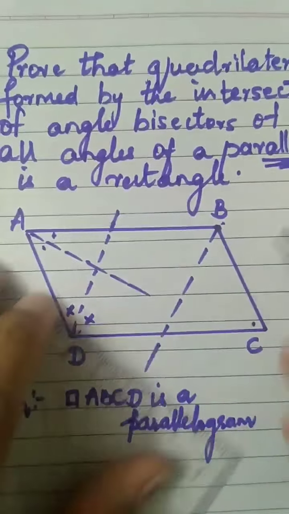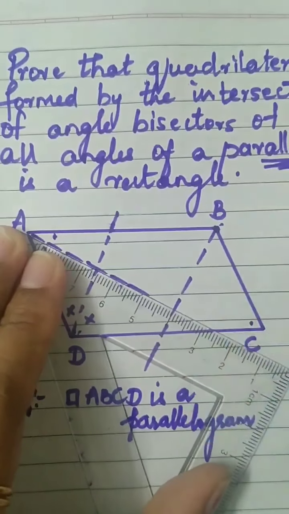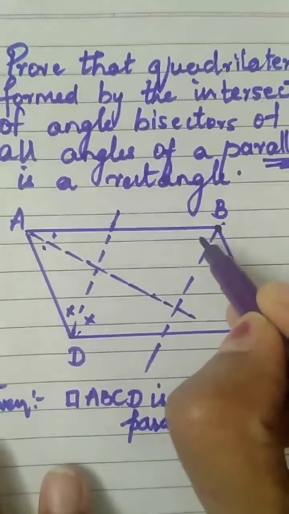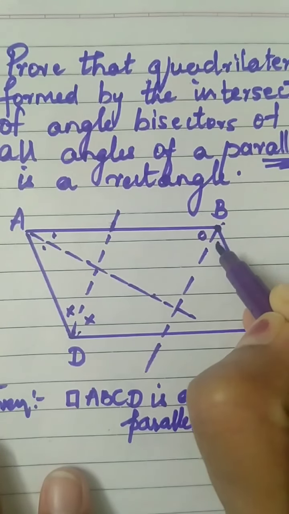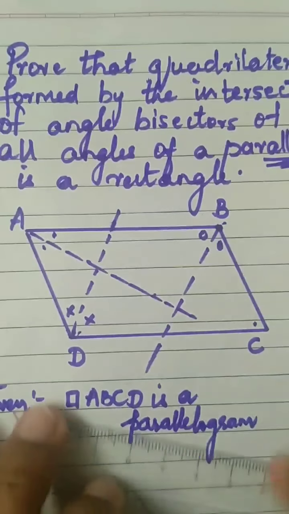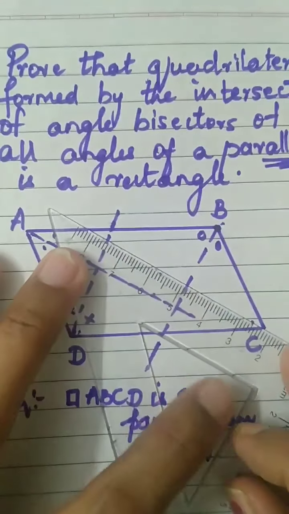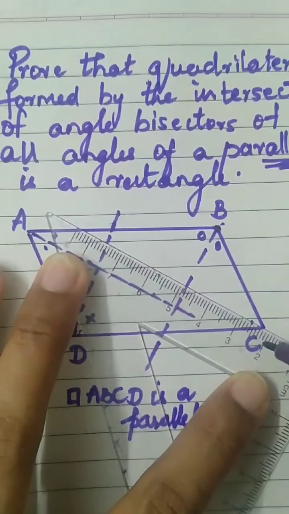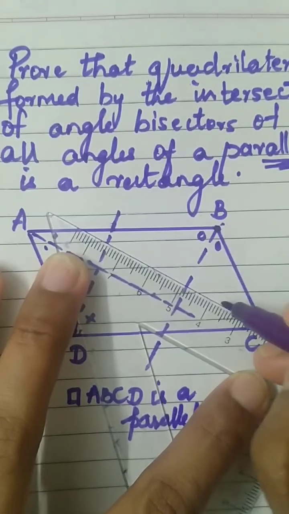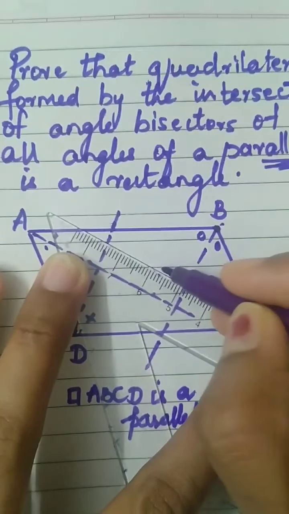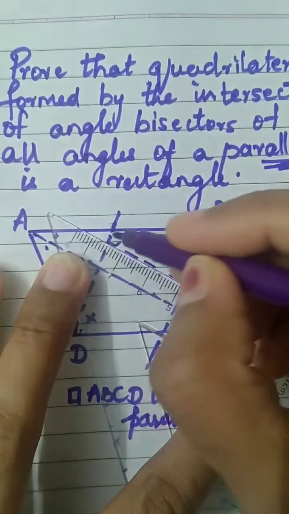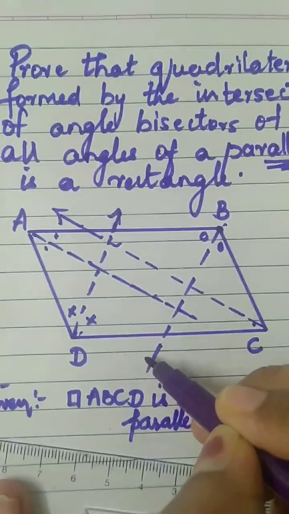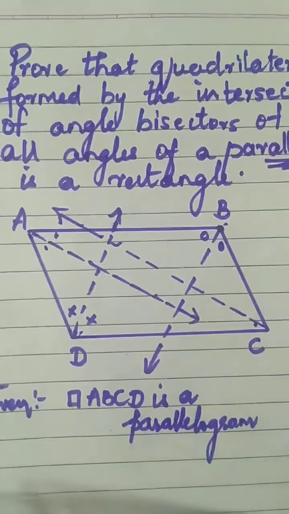Now this angle bisector and this angle bisector should intersect, no? So let them intersect. Fine. Now here I'll use a circle. Divided into two equal parts. Now the last one, that is the angle bisector of angle C. So here goes the fourth angle bisector, intersecting all of them and going further ahead. Yes, we'll show arrows for all the endpoints of the angle bisector.